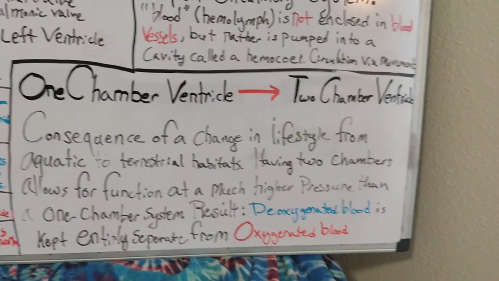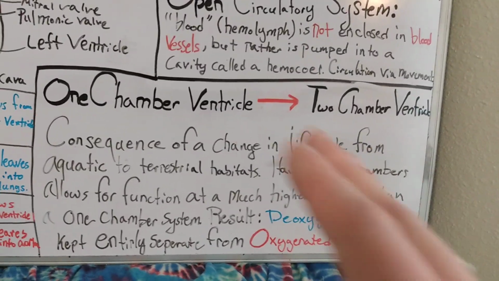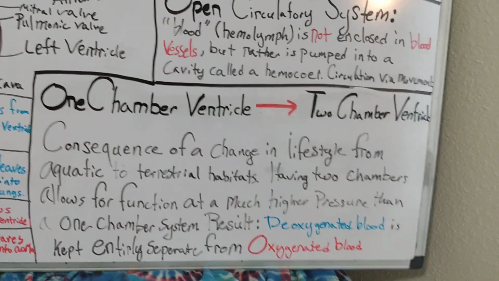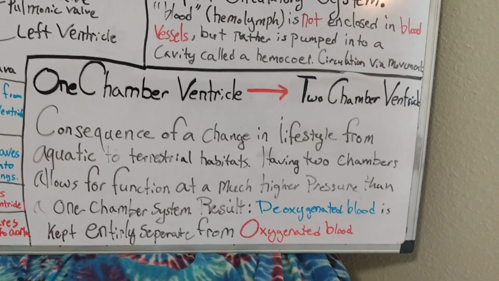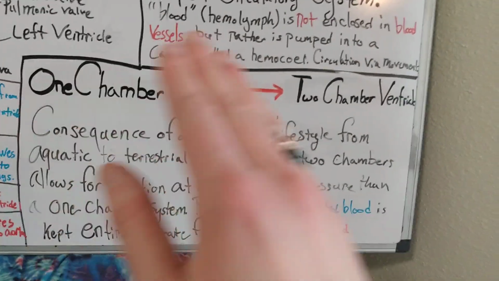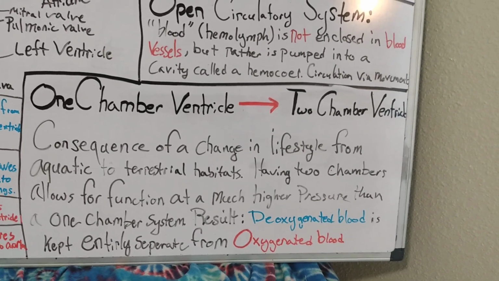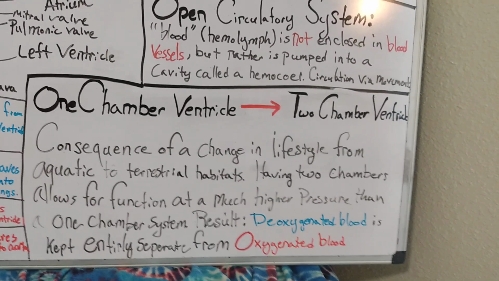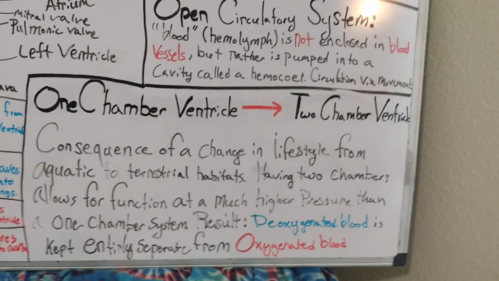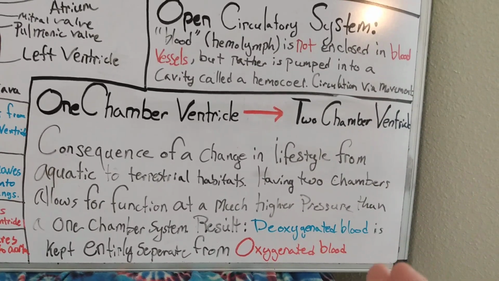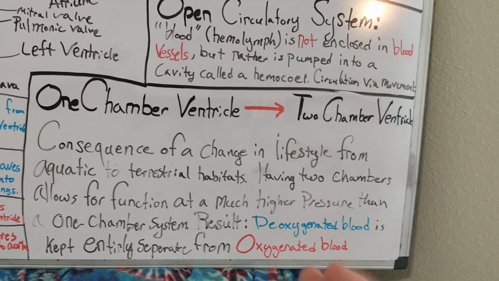So we see this shift based on a shift from an aquatic lifestyle to a terrestrial lifestyle. So in birds and mammals, this ventricle is divided so that one side pumps blood into the lungs,